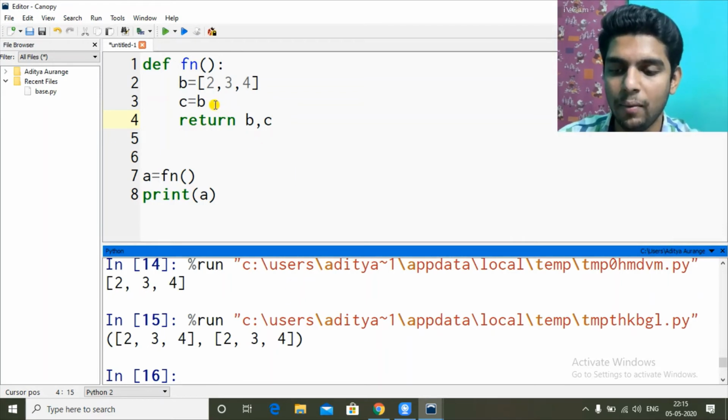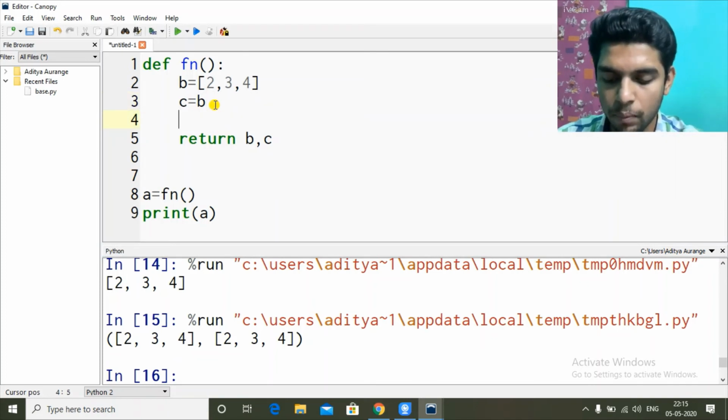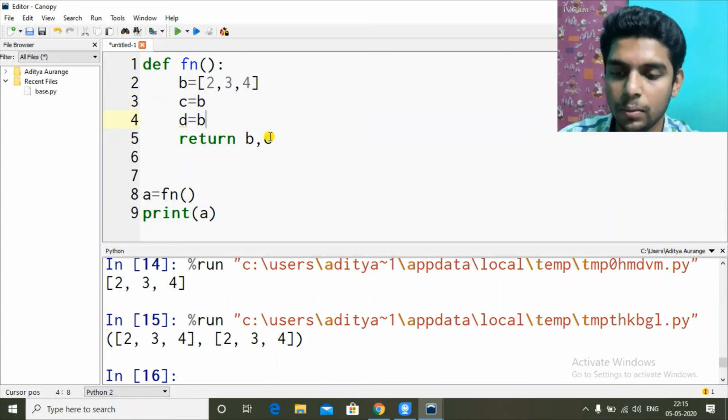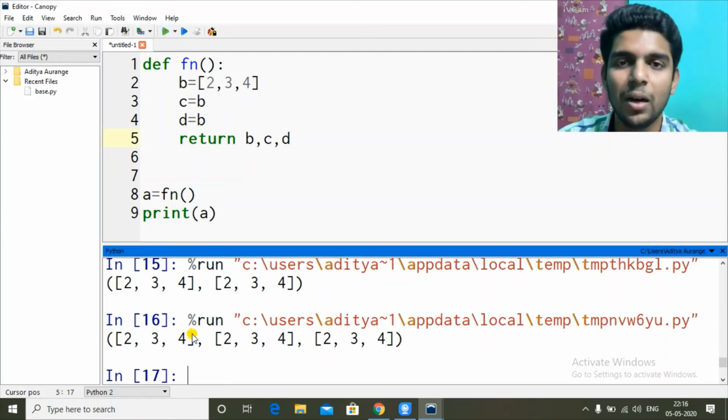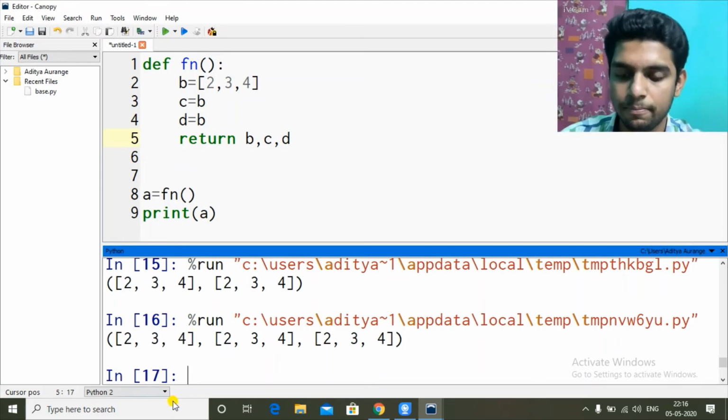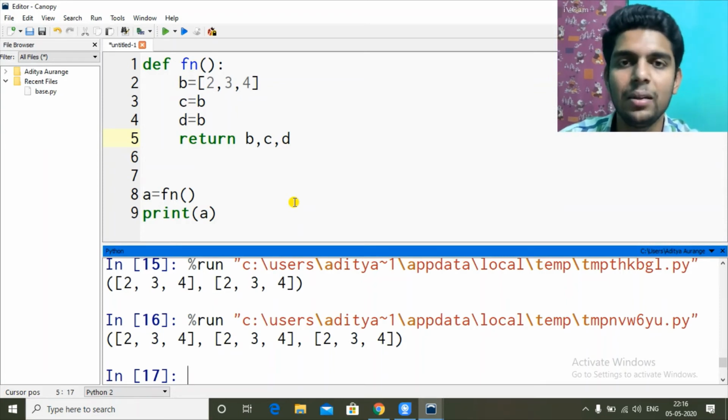Let me have one more, d equal to b. I am returning b, c, d. Same, a 2D tuple which contains three 1D lists. This way we are returning multiple lists. We can return a single list.